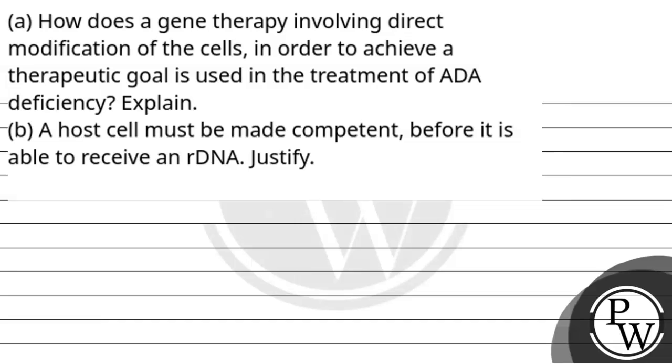The question says: How does a gene therapy involving direct modification of the cells in order to achieve a therapeutic goal is used in the treatment of ADA deficiency? Explain. Second part of the question is, a host cell must be made competent before it is able to receive any rDNA. Justify. So the key concept for this question is,